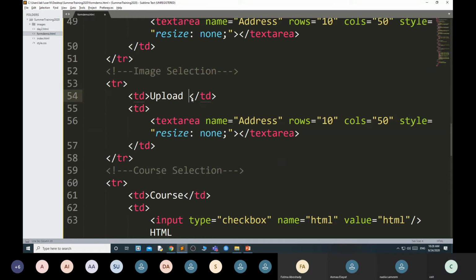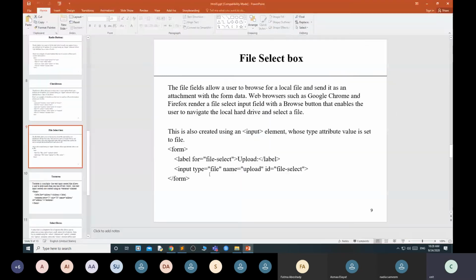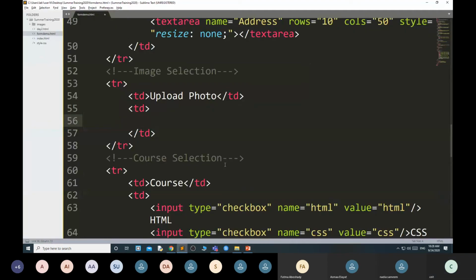Then photo. And here for photo you are not using this, you are writing input type file. Like I'm using file upload, or you can write directly only upload.